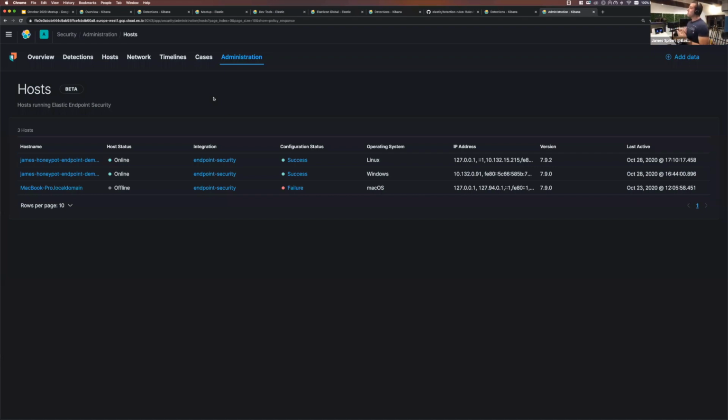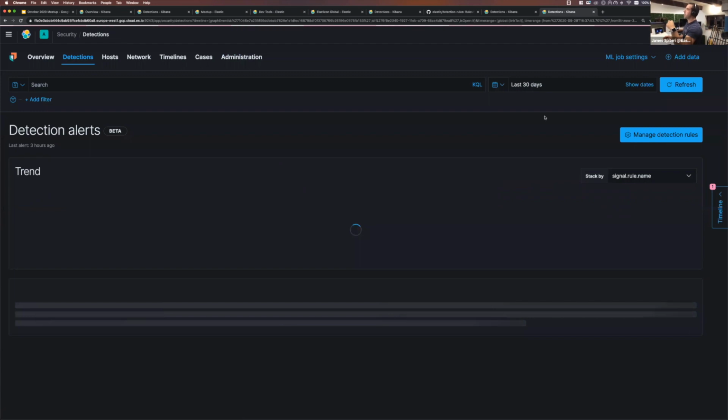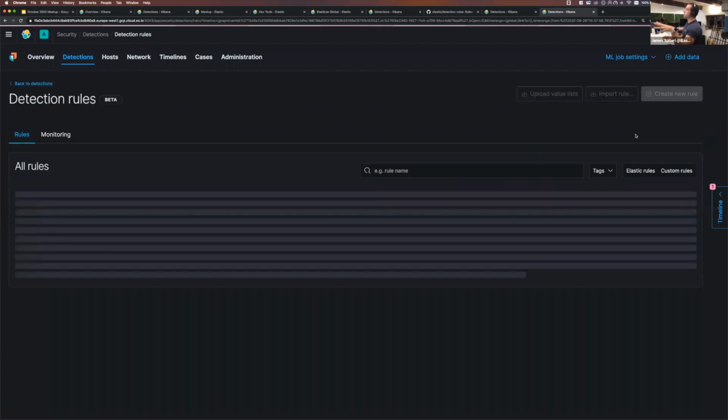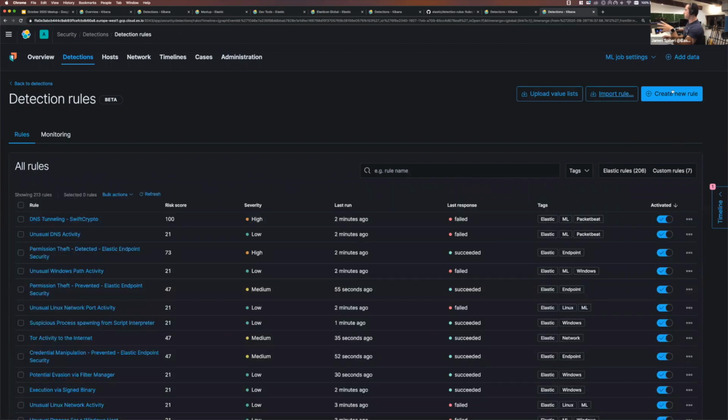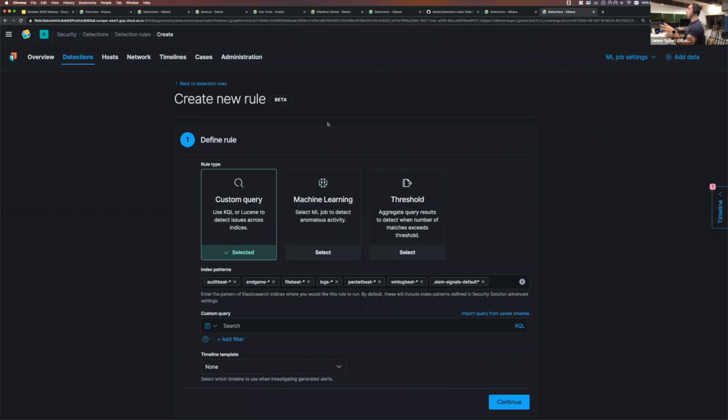So what is EQL? For those of you who have been using Elastic for a while, or just looked at me using it right now, you might not have noticed the detection language that was being used. So I want to walk you through some changes we're making. Right now, if I want to build a detection rule, I have three choices: build a query based off of KQL, which is the Kibana query language, or the Lucene query syntax, machine learning, like we saw, or you can build rules based on threshold.